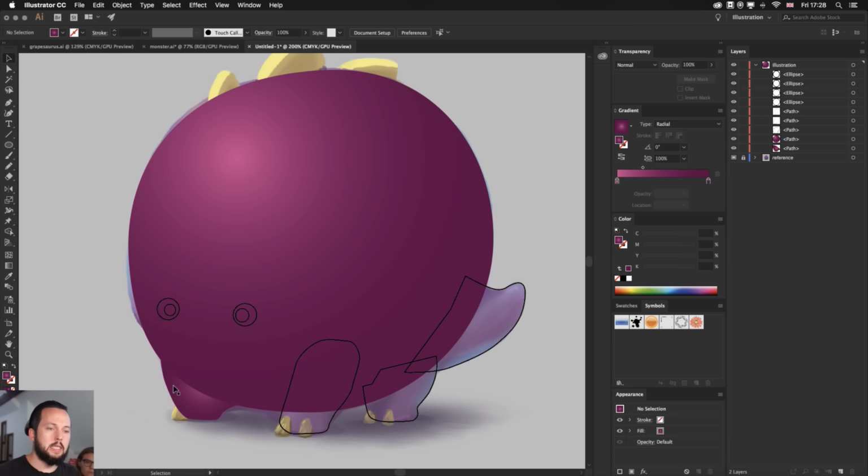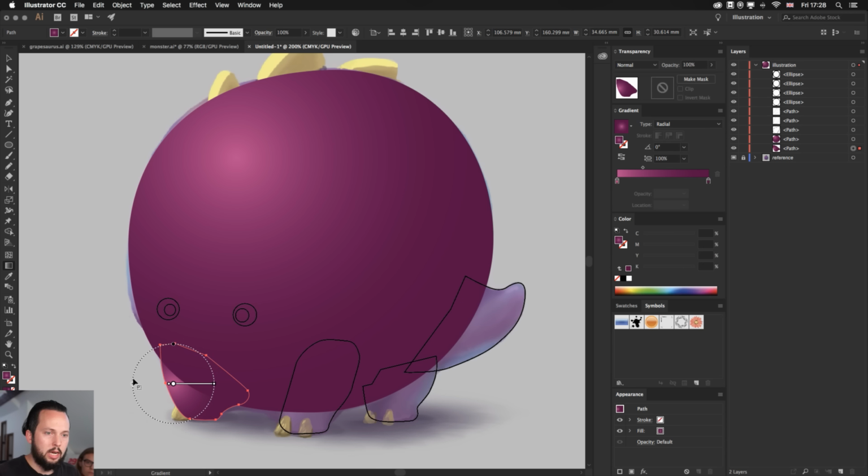So now it's nicely set in the back, but once again, use your gradient tool and don't forget where your light source is. So align it, again, thinking about where the light is coming from. It's coming from the top left, so that's where it will be lit, and every other detail will be more in the shade. So we can use the gradient and increase it a bit, maybe something like that.